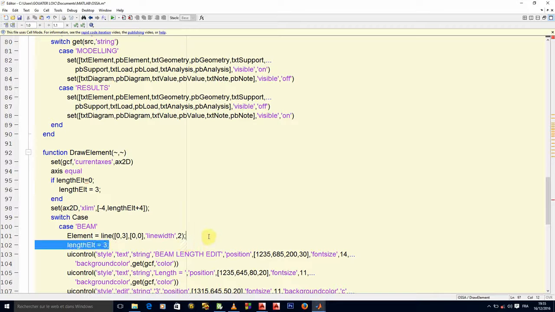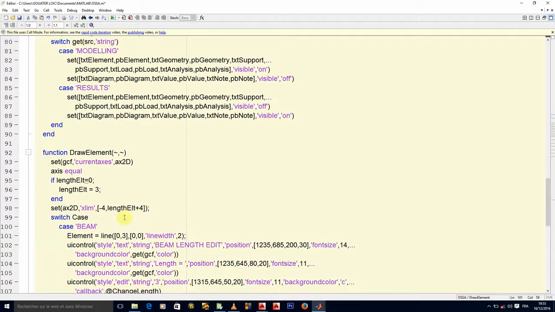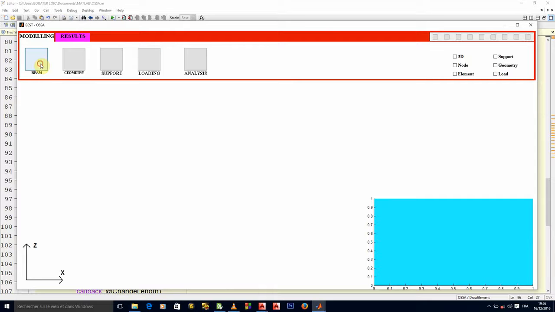So that we can remove this particular one here. Equal here is a comparison, and there is no dot here. So if length element is equal to 0, then length element should be equal to 3. A way of saying that if it is different from 0, it will not even pass here. So now let's try that.